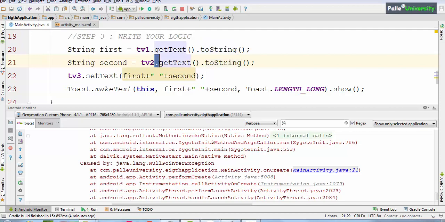So this is the first dot symbol. Now you have to identify the left hand side of the dot symbol. What is there on the left hand side of the dot symbol? tv2. That's why there is a high chance that the tv2 variable is not initialized properly. That's why it is throwing NullPointerException.